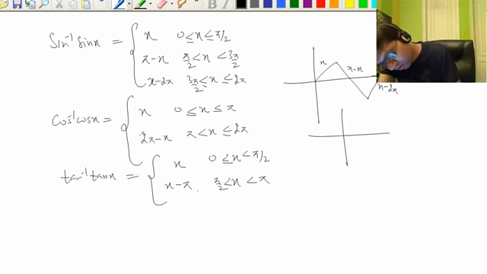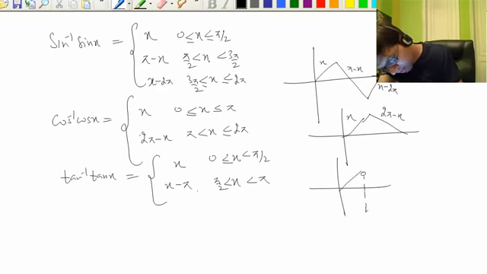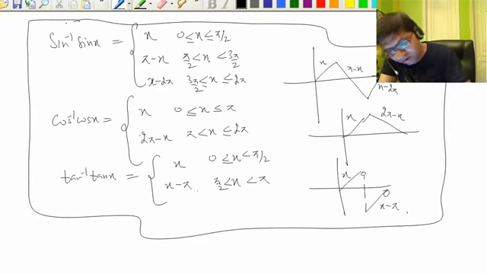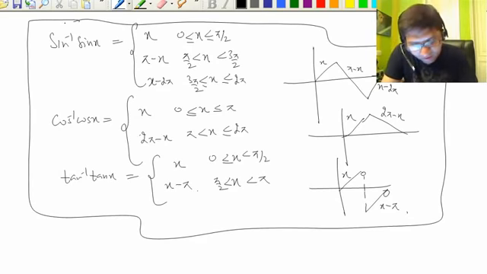Fine. So in the case of cos inverse the graph is this, x and 2 pi minus x. In the case of tan inverse it is x and x minus pi, right. There's no need to do it for sec inverse and cot inverse. Let's not do that. We'll do something else if a question comes on that. We can convert. So these three you have to learn, and the derivations as such are not important, but the step by which we bring it into the principal value branch is important.